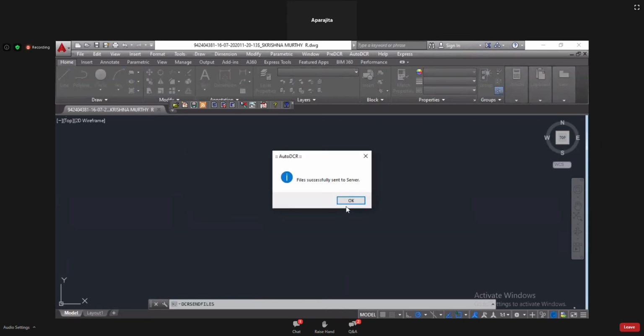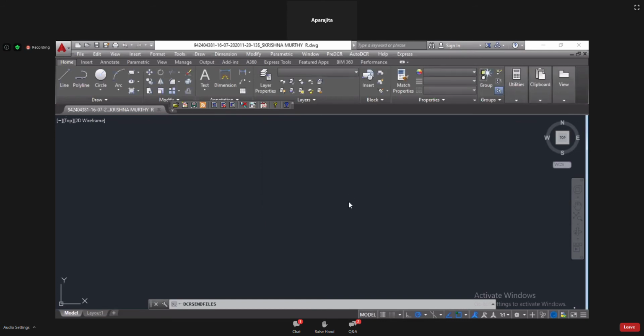So click on OK. File successfully sent to server. OK. Now you can view the proposal drawing. OK.